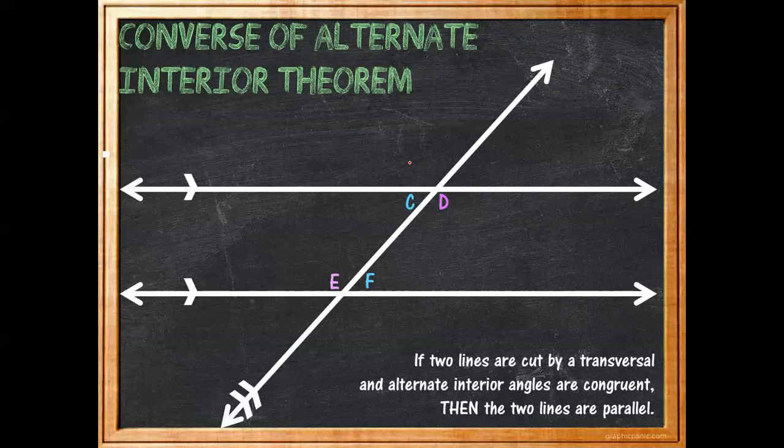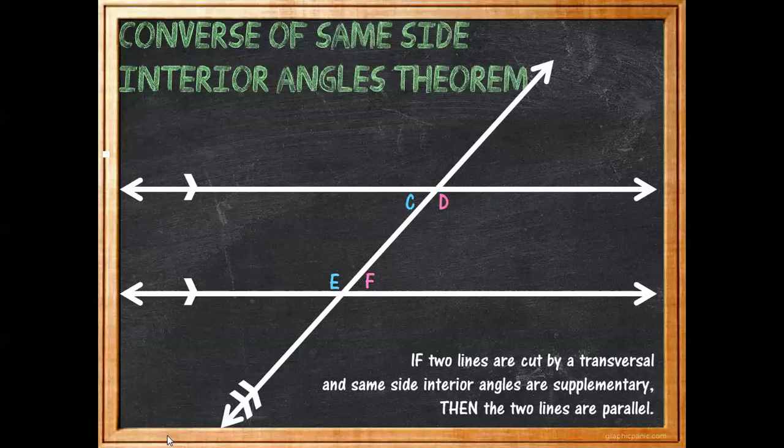The converse of the alternate interior theorem says that if two angles that are alternate interior are congruent, then those two lines are parallel. So if C and F are congruent, or if D and E are congruent, then those two lines are parallel. The converse of same side interior angles theorem says that if two angles on the same side and the interior are supplementary, then those two lines are parallel. So if C and E are supplementary, or if D and F are supplementary, then we know that these two